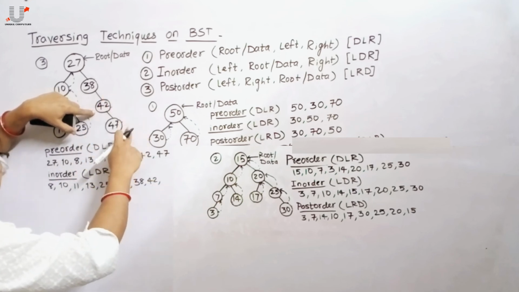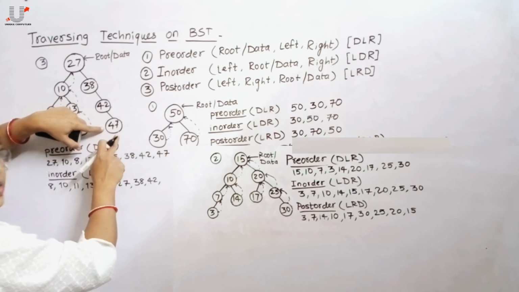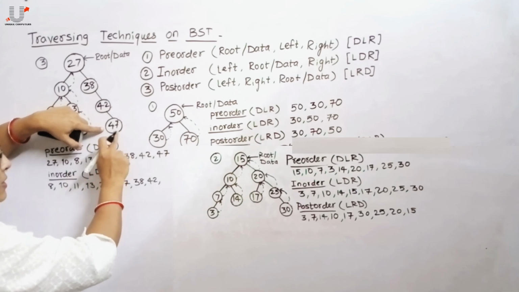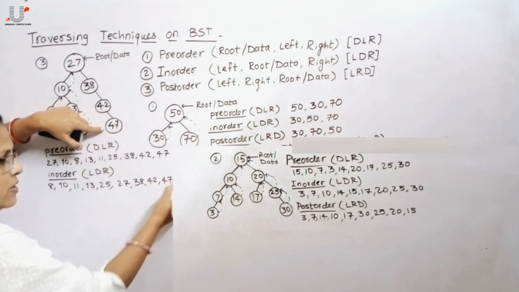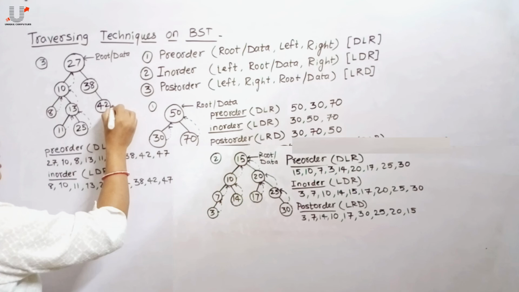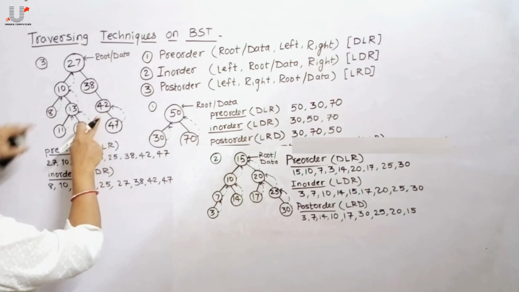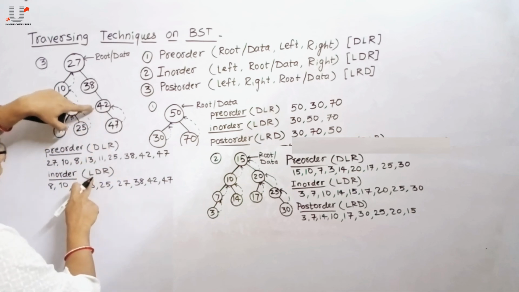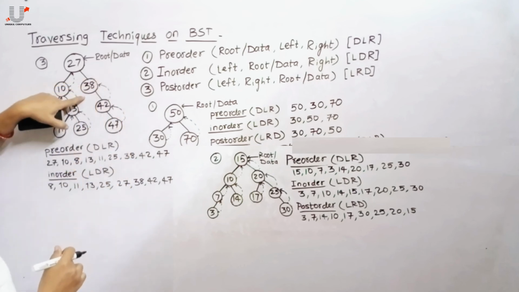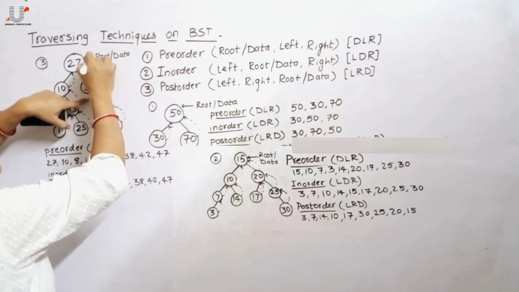Then the control will transfer to the right subtree. As the right is still unprocessed, again on this right child apply LDR. L, no left subtree is there, then data itself gets processed, that means 47 gets displayed. Then apply R. As no right subtree is there, the control will transfer to its previous location, that means 42. As 42 has already been displayed, with no left child and data and R all processed, the control will again transfer to its previous location. As left, data and R have been processed, again backtrack to the previous location.